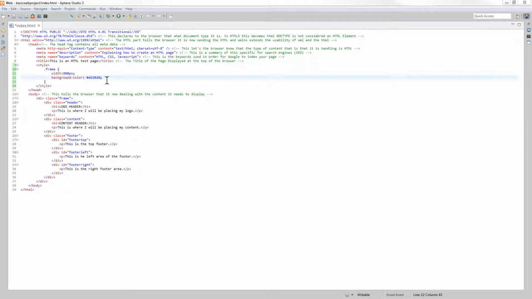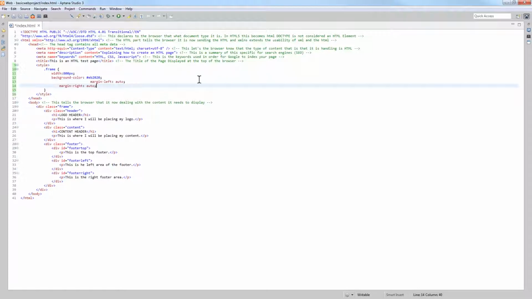The other pieces of CSS that I would like to add are margins. I want to say on the left hand side of my page there must be a margin of auto. On the right hand side of my page there must be a margin of auto. In other words, take what I've given you and place it in the middle. It will automatically cause it to go to the middle. So if we save this and we go have a look at our HTML page,